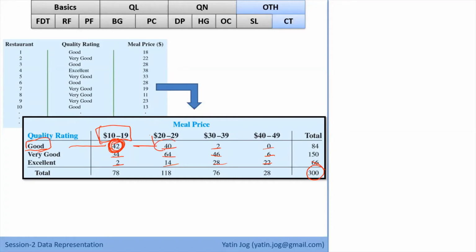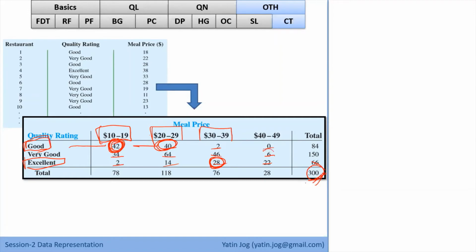What is the meaning of this 40? There are 40 restaurants out of 300 with good quality rating and meal price between 20 to 29. What is the meaning of this 28? There are 28 restaurants out of 300 with excellent quality rating and having meal price between 30 to 39.